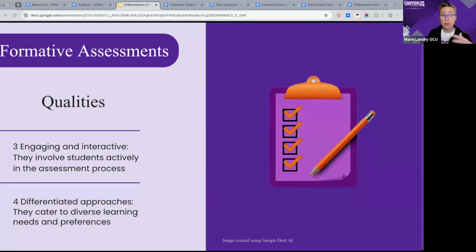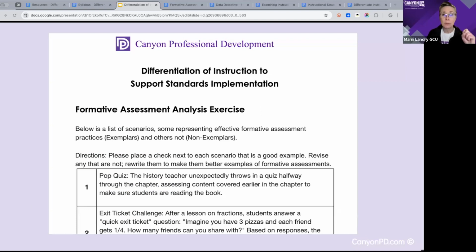And this will cater to the diverse needs and preferences of students, but it will also permit you to gather different types of data. Not all the information you need to guide your instruction can be gathered through just a standard multiple choice test. For you to practice identifying some higher quality formative assessments, or at least the parts of